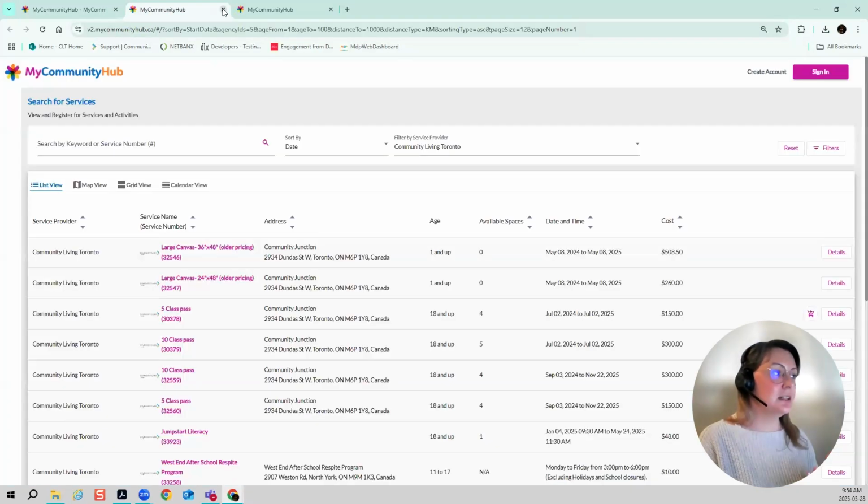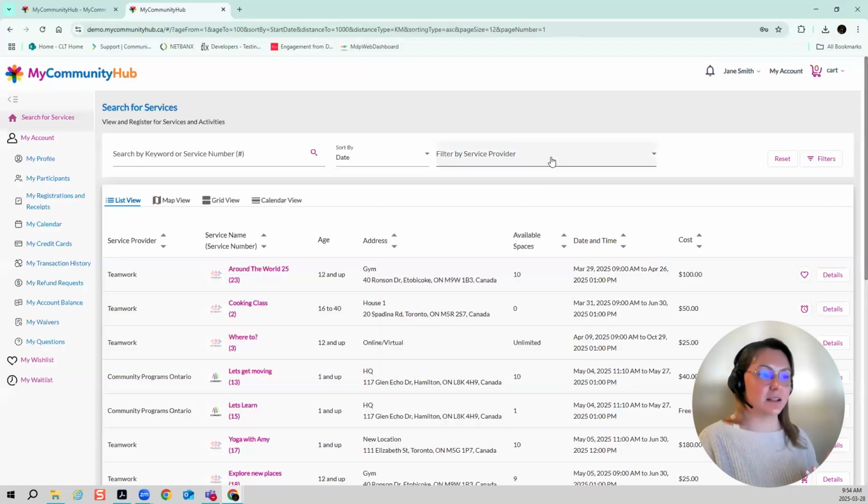Now I'm going to log in to a demo account or test account. So this is not what's live, just because we don't want to be messing anything up for anyone. But I'll walk us through. It looks exactly the same. I'll walk us through everything that we need to know. So now I'm logged into my account as a customer. So this is the view that I'll see. And you'll see that I'm logged in because I see my name up here. I see my account and my cart. So I'm in my account currently.